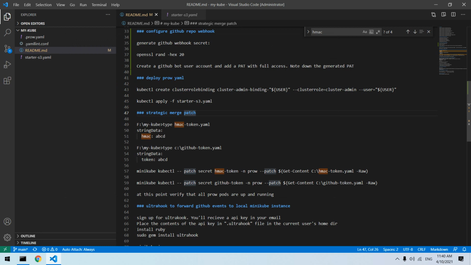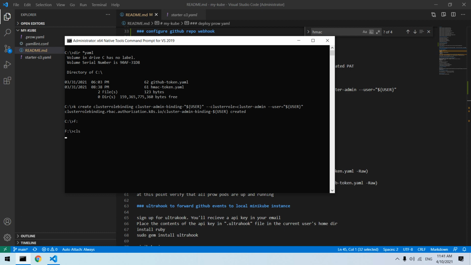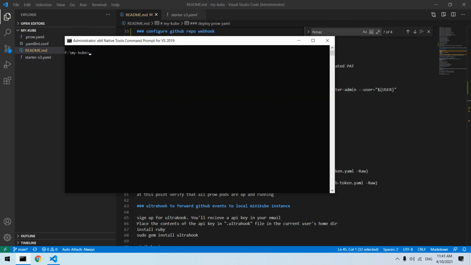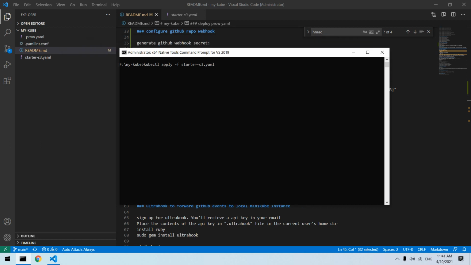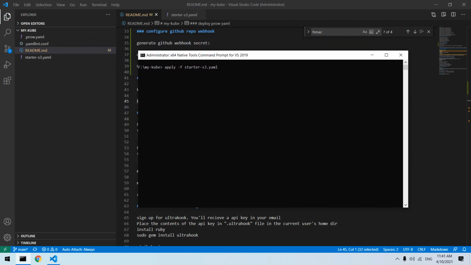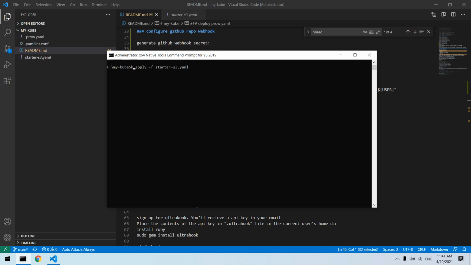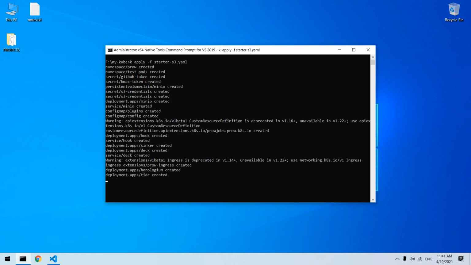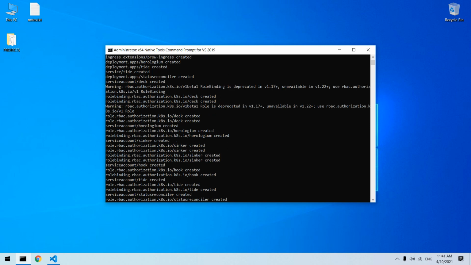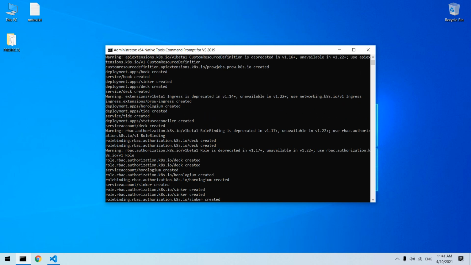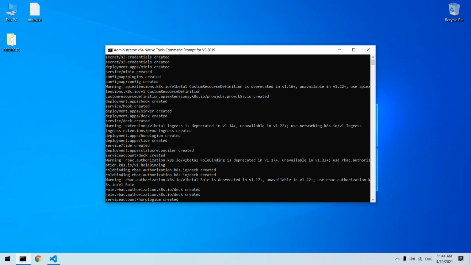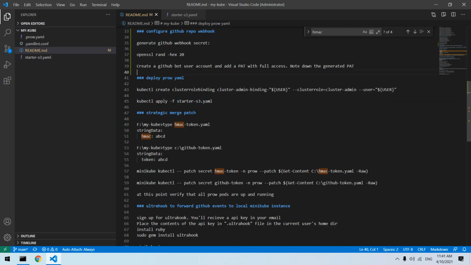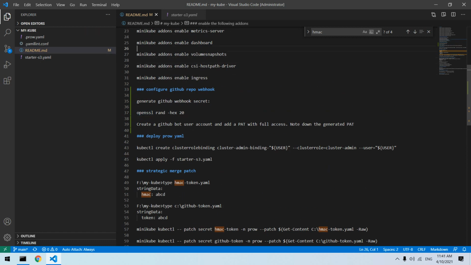Okay, created. Now I'll go to this repo which I've cleaned, just holding my YAML file, and I'll apply the YAML file, kubectl apply starter. Okay, and let's see what happens. It will give you some warnings, which is okay, because I believe this original S3 YAML was created based on the S3 starter template, and it has been adapted a little bit, but is basically the same.